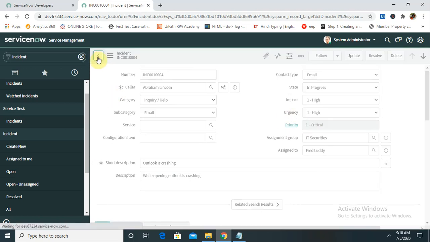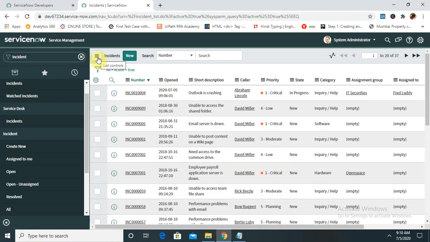But this is not always the case; your incident will not always be critical or high priority. But whenever you are working with a critical impact, or when you are working with BAU activities, and your BAU activities always involve software, and that software is not working, definitely you will log a critical. If the emailing system is not working, then definitely log a critical. If your laptop is crashing or unable to load the laptop screen, definitely it will be critical. But the severity of a defect varies according to your requirement as well. So this way we can create an incident.